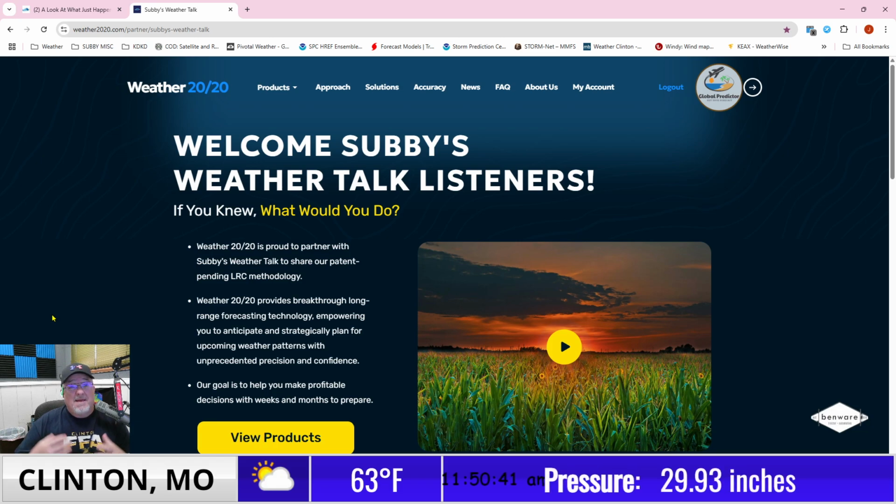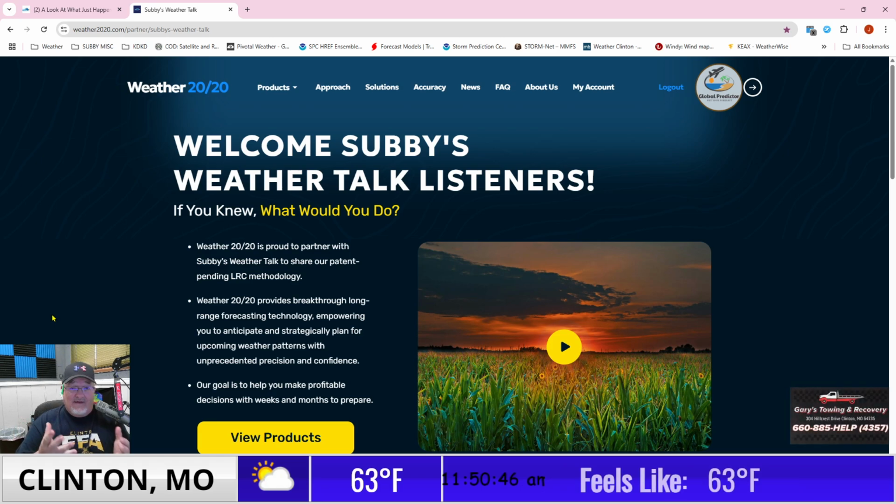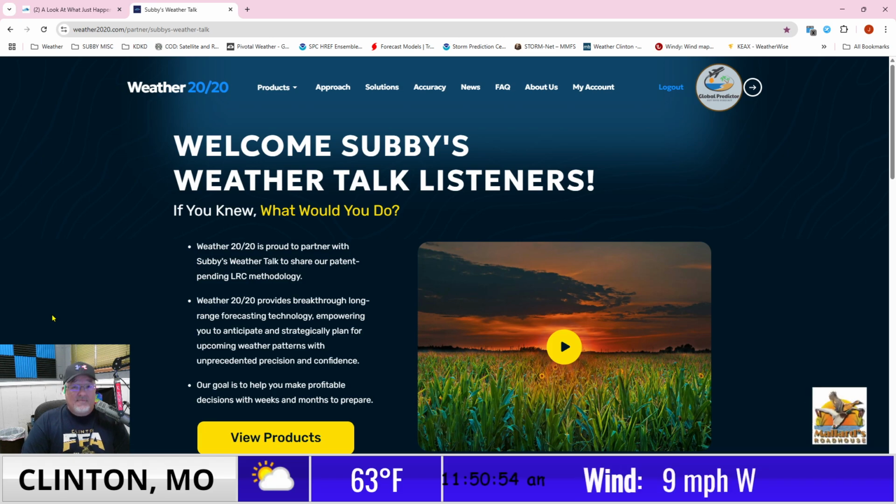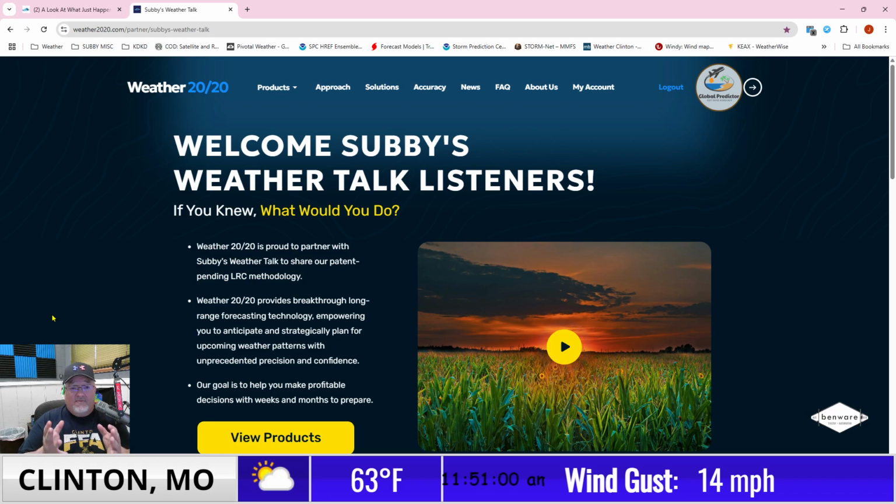So that's going to be a big system. Any of those dates that I just rattled off has that potential to have some severe weather. It is May. It doesn't take much to get some severe weather put out there with any thunderstorms that might erupt. So we're going to have to stay weather aware, but fantastic products from Weather 2020, the LRC, especially if you're a planner,